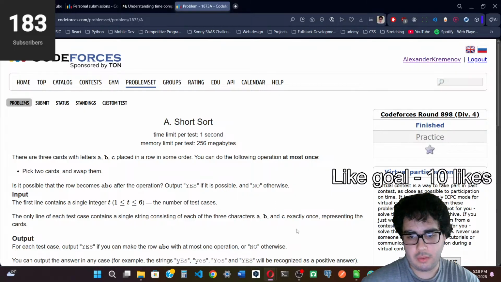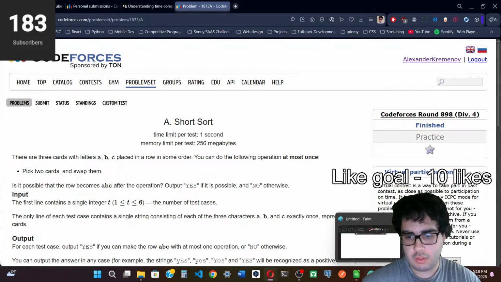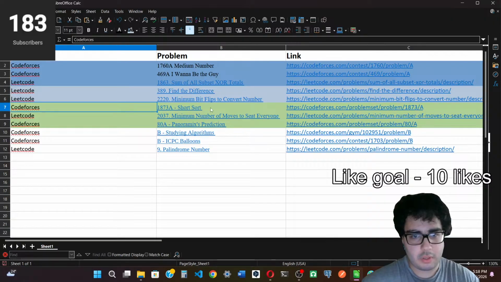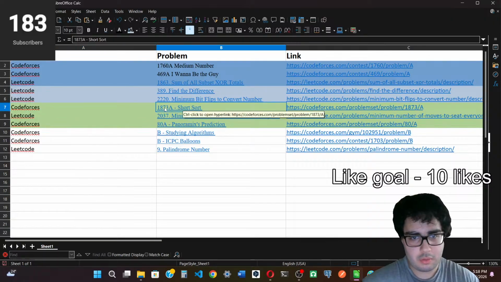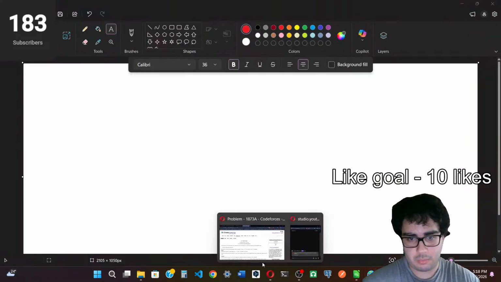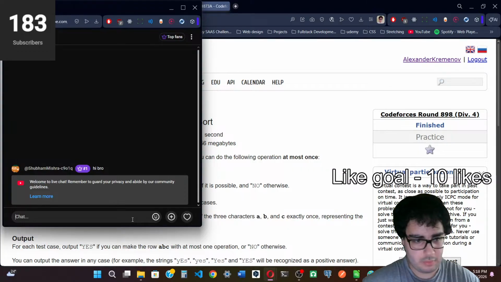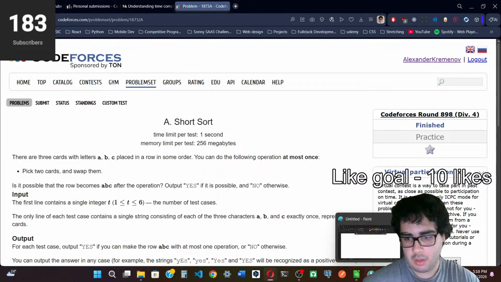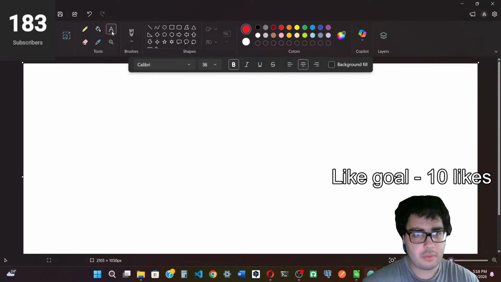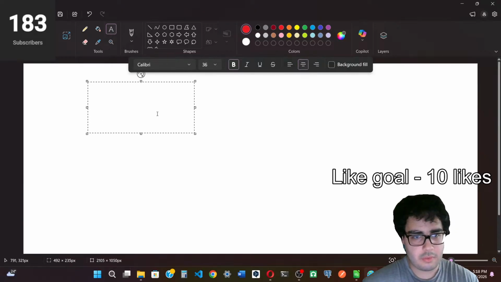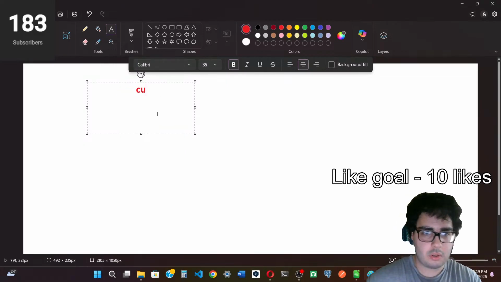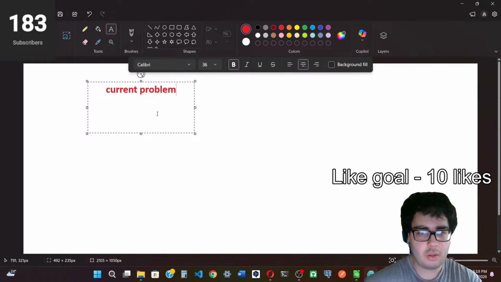this problem is 1873. Okay, this problem is this one. If I can copy this like this or something, and then can I paste it? Okay, I can paste it. Okay, so this problem is Codeforces. So the current problem is Codeforces